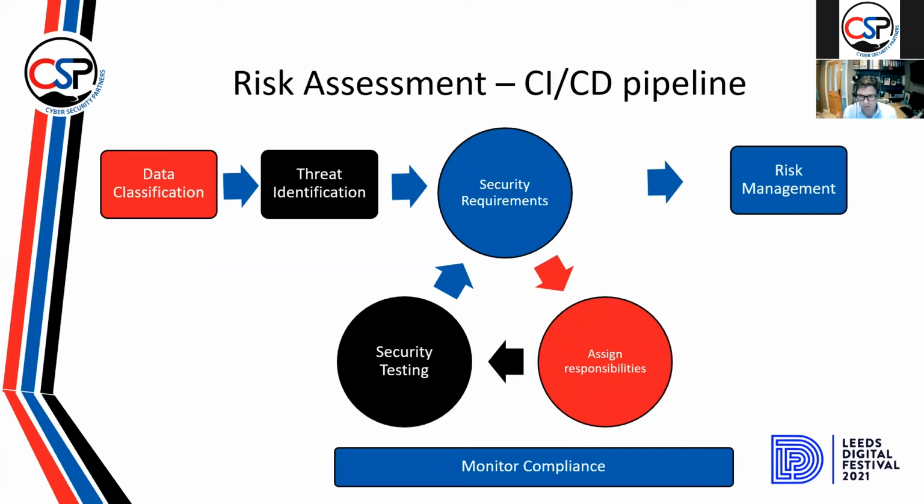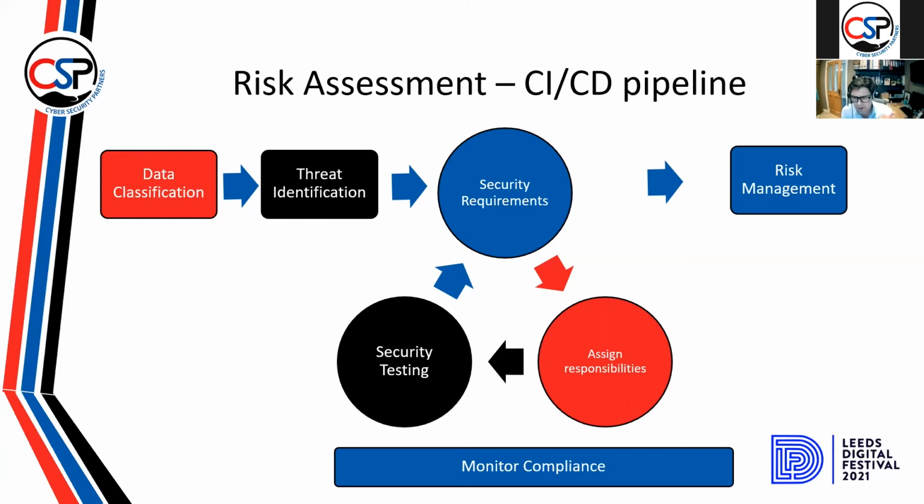So what looks like a very complicated diagram, as you can see, we've still got the start and the end, the data classification through to risk management, they still apply. However, the circle in the middle is the part that applies to the agile side of things. So what can you do? Yes, we still need to manage risk. We still need to identify what those risks are, but we've got to try and address them early doors. Try and ensure that either the risks don't appear, which is obviously the preference, or that anything that comes out of them is continuously fed into the next sprint, the next cycle of development.